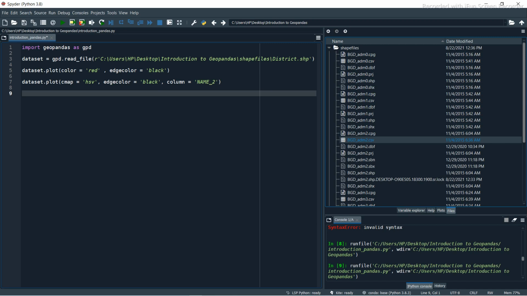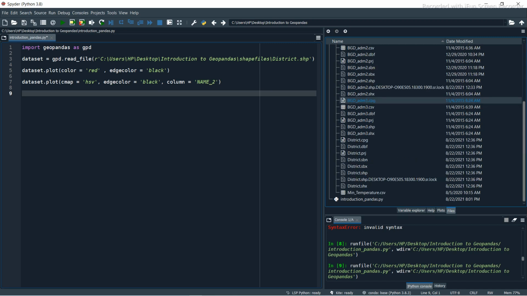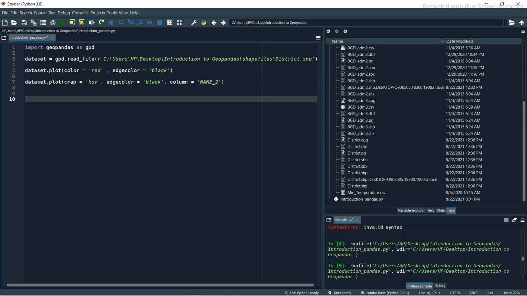Here you can find the total different types of shapefile. If you want, you can show another shapefile, so you can simply use another variable. Suppose in this case I use the variable name BD area. I can get the shapefile name, and then I call my GeoPandas library